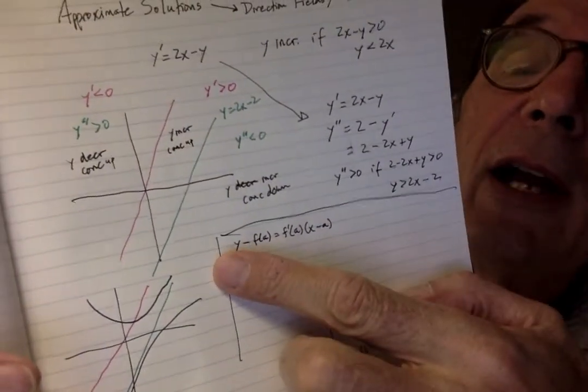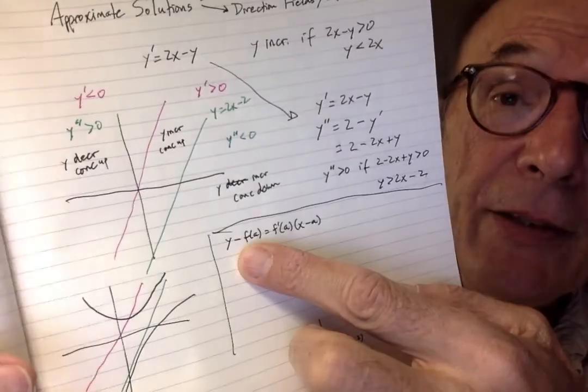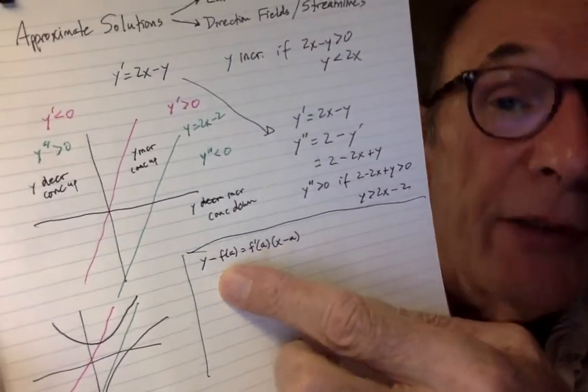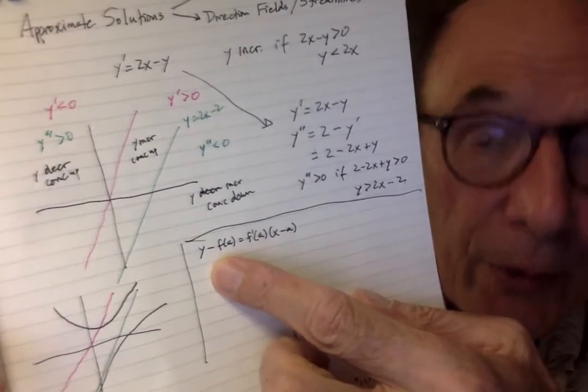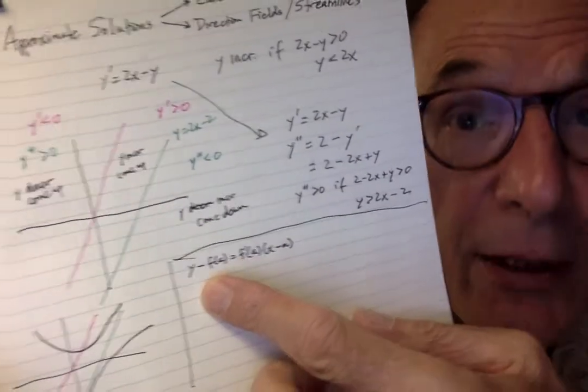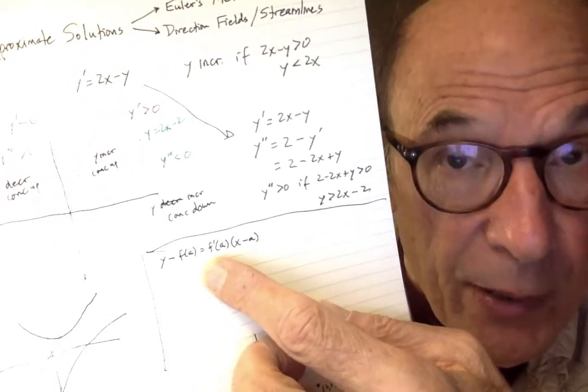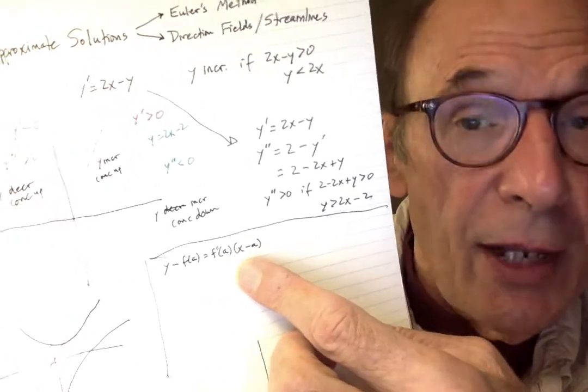So the tangent line approximation, this is just the equation of the tangent line. And so what I have is y minus f of a, the value of the function, is equal to, well, this is in point slope form, by the way, which is why I'm so insistent on point slope form, because that's the right form for calculus. We've got the slope of the tangent, that's f prime of a, times the change in x, x minus a. And if we do a little manipulation here, if we go to a point a plus h,